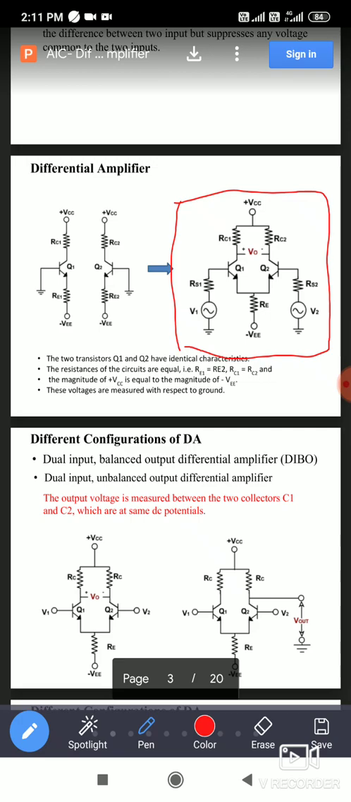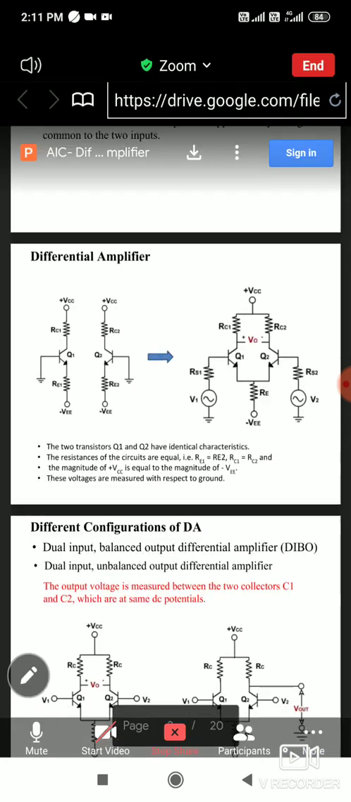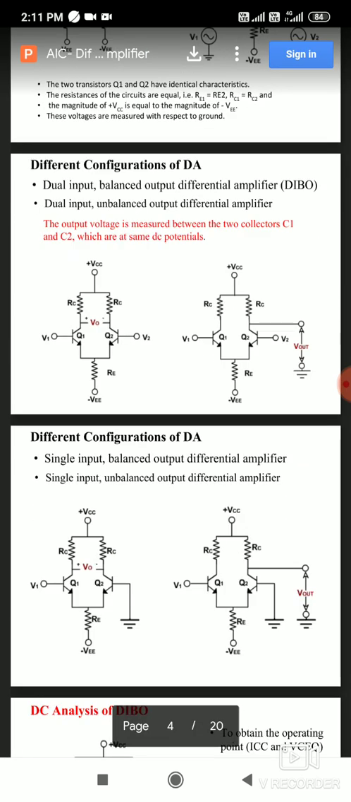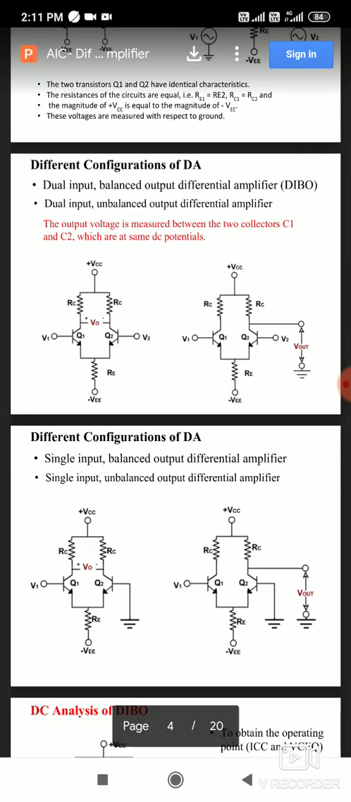So all these points we covered in the previous lecture. After that we covered the types of differential amplifier. The classification we did based on the input and output. If the output is taken at the collector terminal of only one transistor, then it is called what? Unbalanced output. If the output is taken between the collector terminals of both transistors, then we can say that the output is